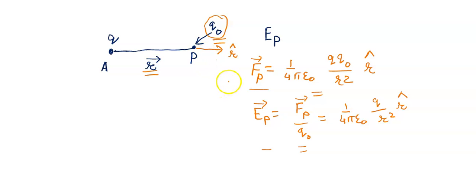Agreed? So this is the formula for the electric field intensity. The direction is of course away from the charge here, because we have the positive charge. So the formula for the electric field intensity is 1 upon 4 pi epsilon naught q upon r square r cap, where r vector is the position vector, and r cap is the unit vector in the direction of this position vector. So this is how we had to do it. I hope that this is clear to you.